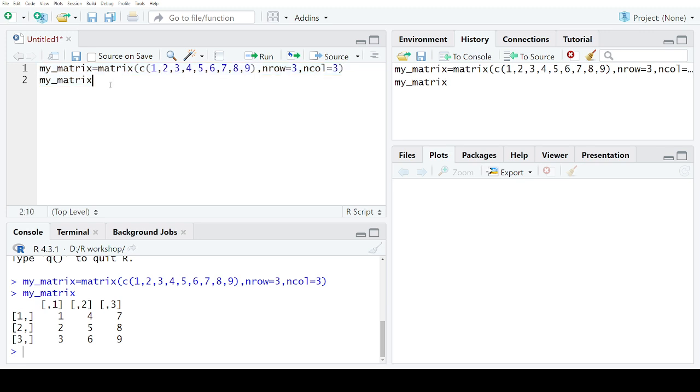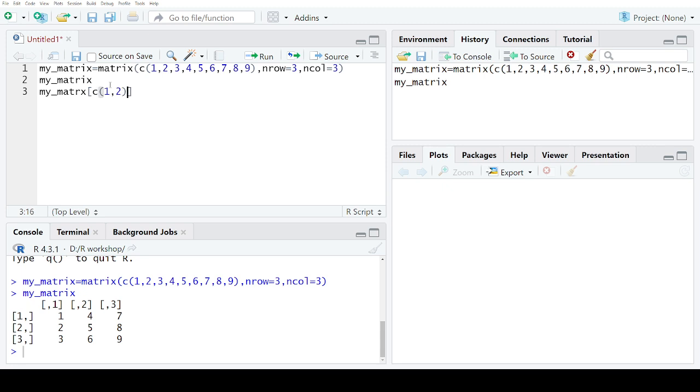Now if you want to access any element of this particular matrix, you have to write my matrix. Okay, now you have to pass here the rows and columns you want to access. So for example, if you want to access rows 1 and 2 and all the columns, you have to write here